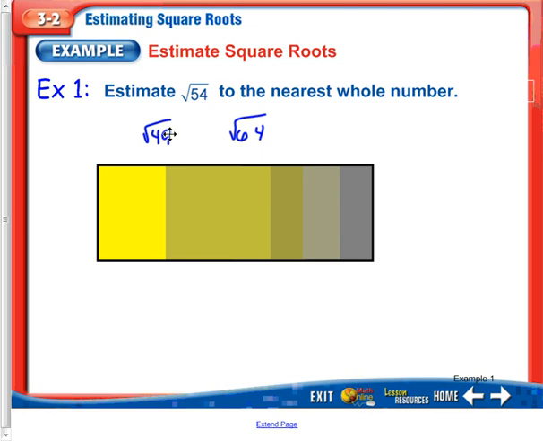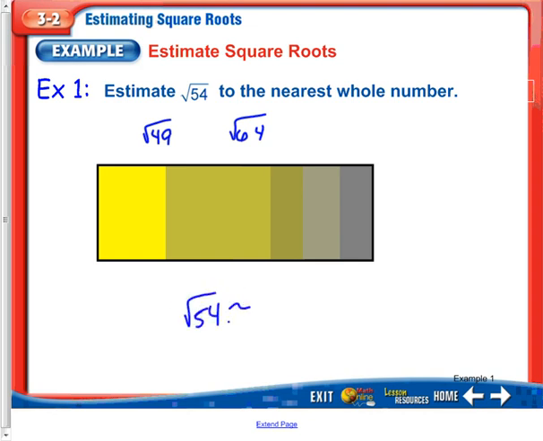So we want to think of the difference between these two and figure out which one's actually closer. Well, 54 to 64 is 10, and 49 to 54, there's only 5 difference. So it's actually closer to the square root of 49. So what we can say here is the square root of 54